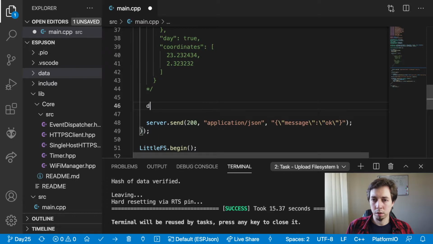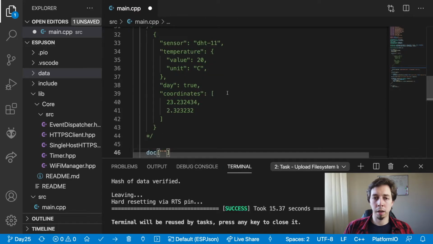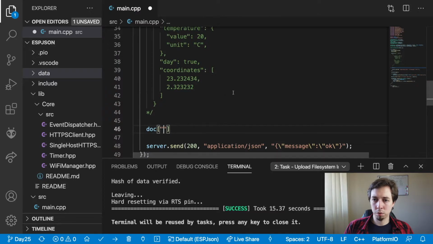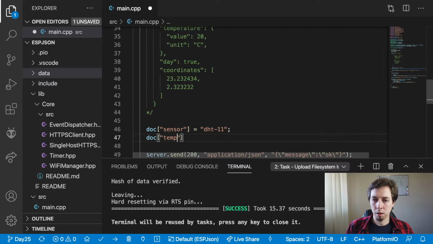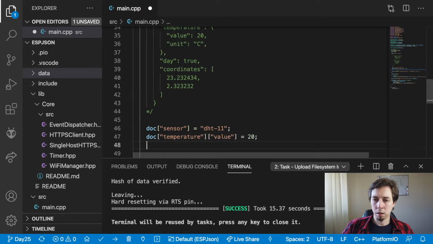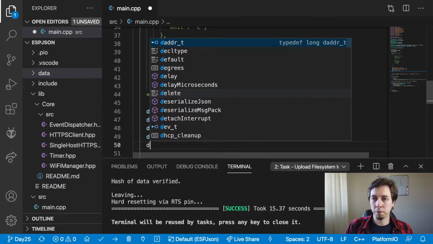our document and set all of those values in the key-value way, right? Like working with maps. So we can do something like sensor equals DHT11, and then we have temperature, and that temperature has a value that is 20, and it has unit, and this is C, and then we have something like day, true, and we have